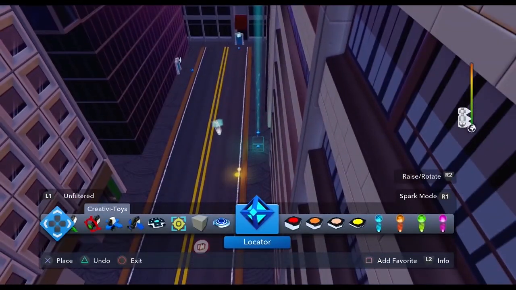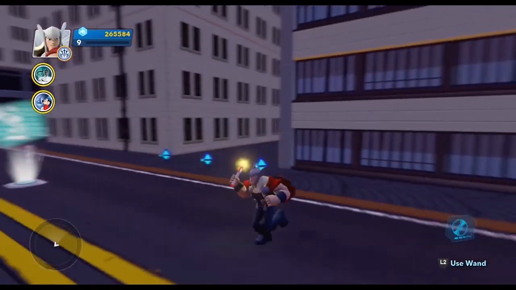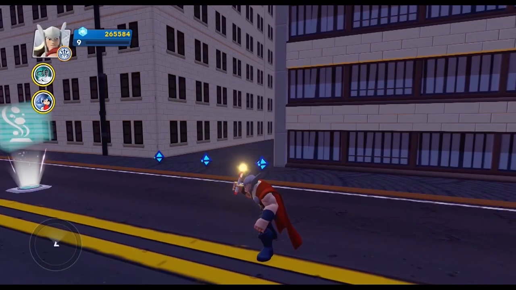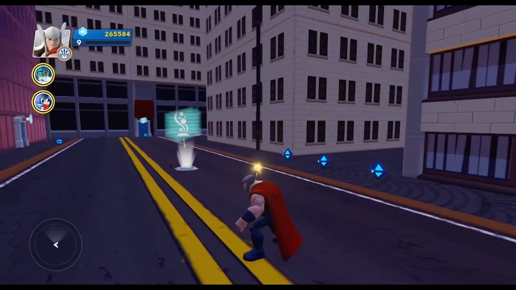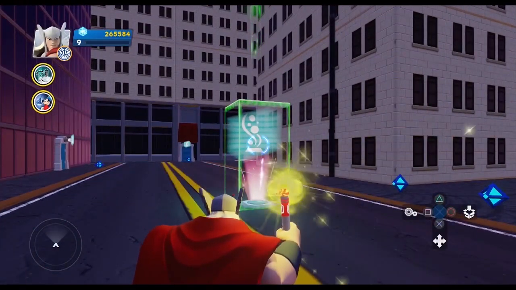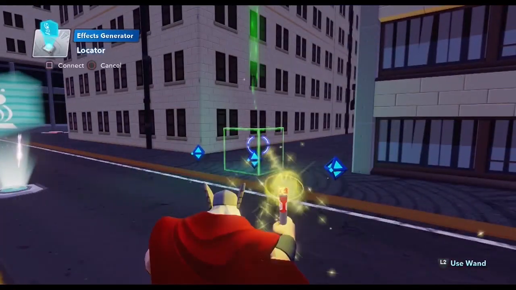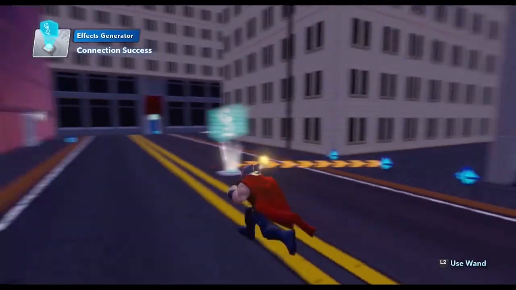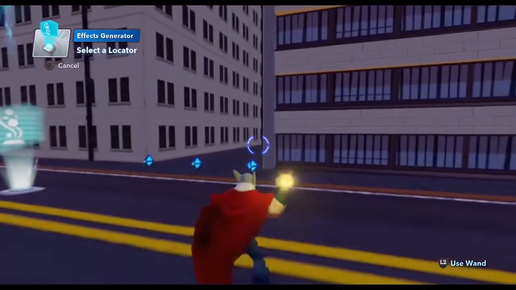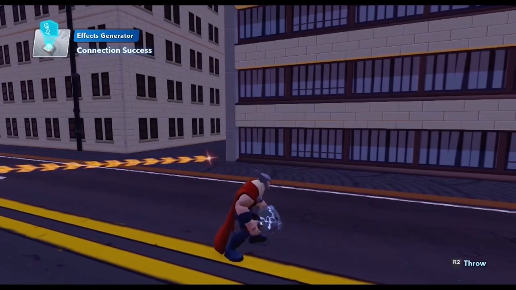Let's say that instead of doing one explosion, I want to do 3 explosions. Now, common wisdom would say, okay, put 3 effects generators, each one of them connected to a locator. But here's the cool thing about the effects generator. It can be associated with many different locators. So, for example, I can do again another new locator connection, and I select this one, effects location, and same thing for the third one. I'm sorry, new locator connection, and I'll select this third one right here, effects location,